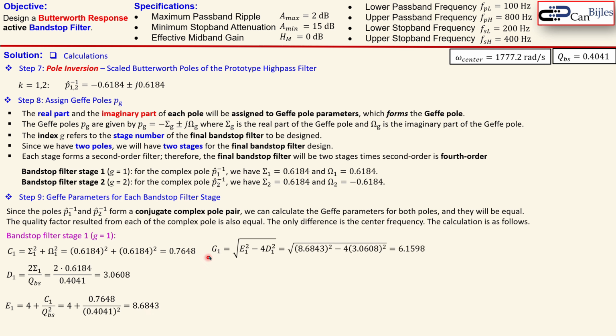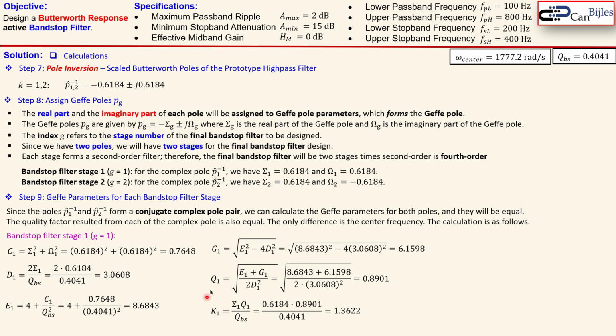Okay. The next one is G1, which is E1 squared minus 4 times D1 squared. So you actually need those two. It will give you 6.1598. This Q1 is the quality factor of this band stop filter stage. So that is given by this expression. And when you calculate that, you get here